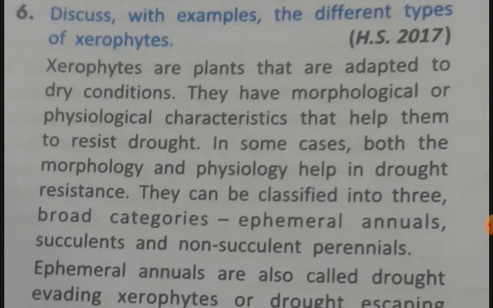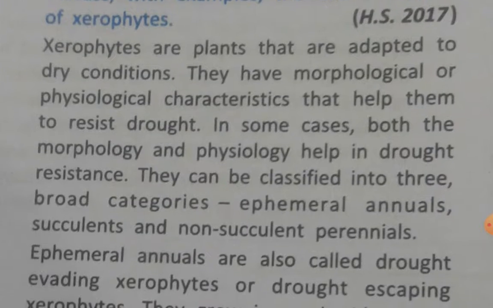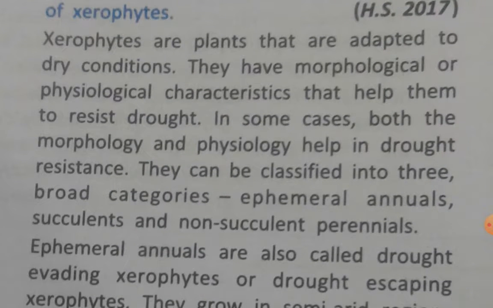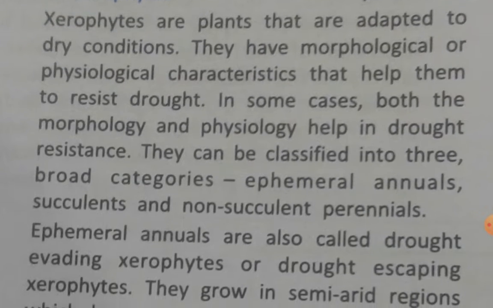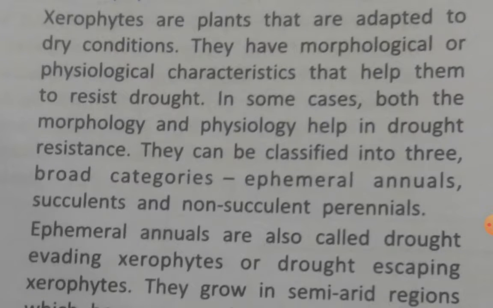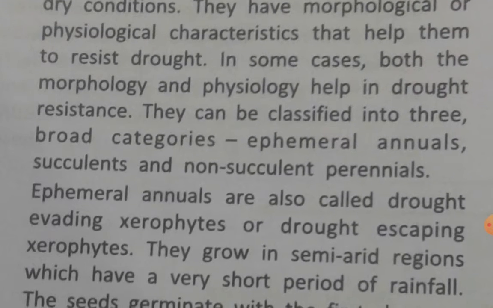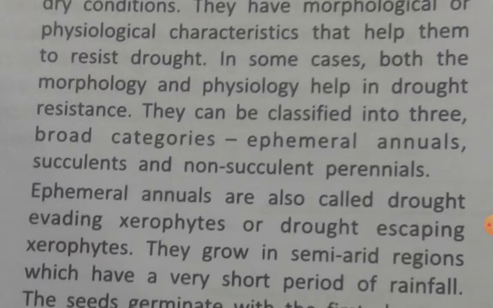Discuss with example the different types of xerophytes. Answer: Xerophytes are plants that are adapted to dry conditions. They have morphological or physiological characteristics that help them to resist droughts. In some cases, both the morphology and the physiology help in drought resistance. They can be classified into three broad categories: